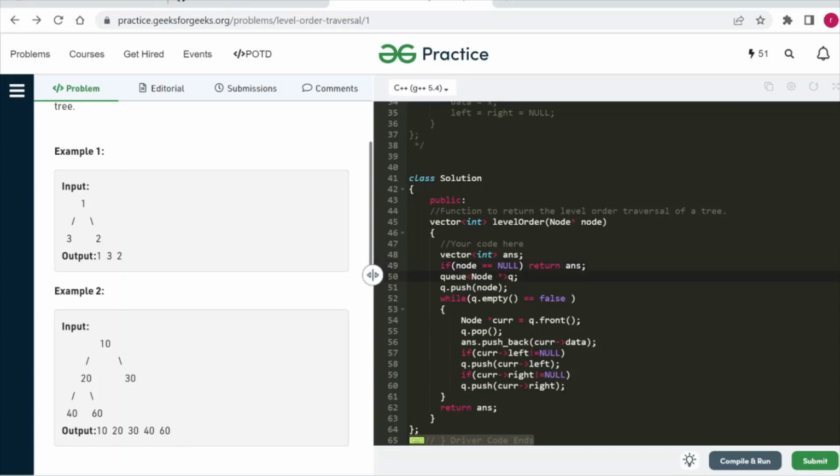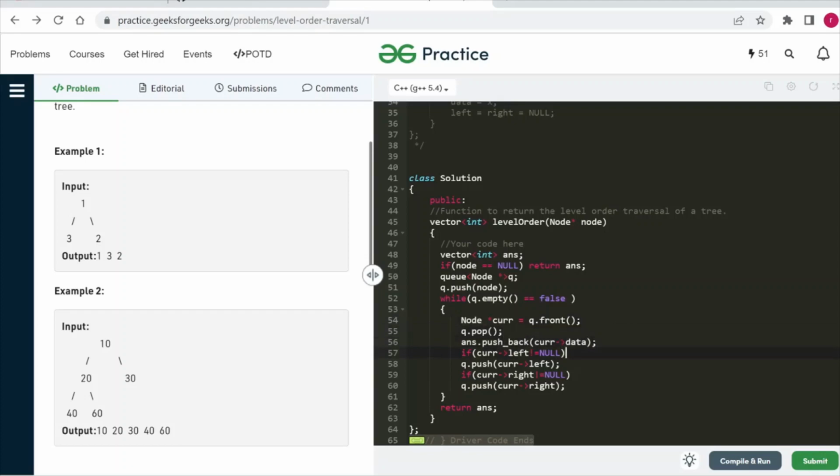The next step is we will create a queue, because we have to maintain all of our present node's children in the queue. That is why we have created a queue, and then initially, as I said, we will push the root of the tree into the queue. So next we will run a loop until our queue is not empty. So until queue.empty is equal to false, we will run this loop, and what we will do is we will take a current node and assign queue.front to that current node, and then we will pop it from the queue, and after popping it we will simply push it into the answer vector.